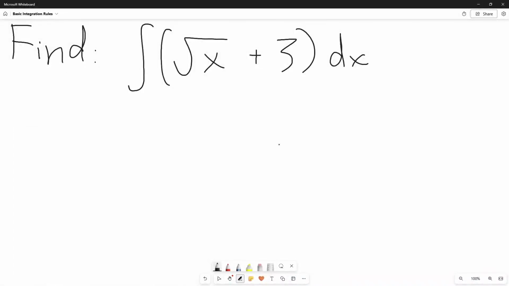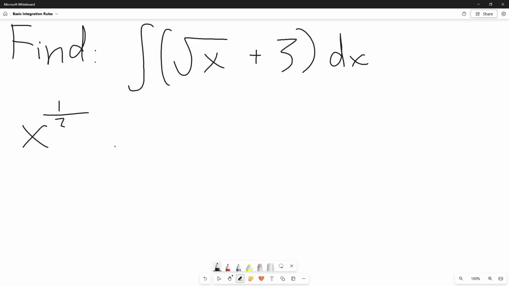Now, let's do a practice problem. If you think you can do this one, then pause the video and try it. This problem has to find the integral of square root of x plus 3 with respect to x. And again, we can kind of split this into 2 parts, think about them separately. First, let's focus on the square root of x. And this might be a little confusing, but if you notice, we can rewrite the square root of x as x to the power